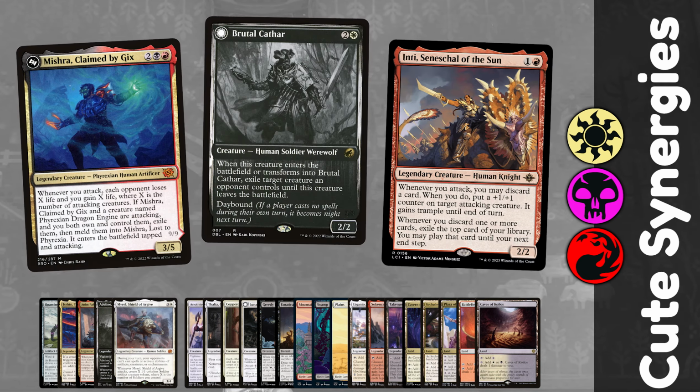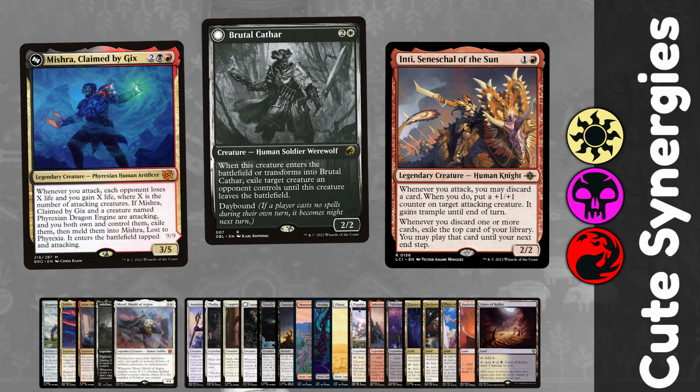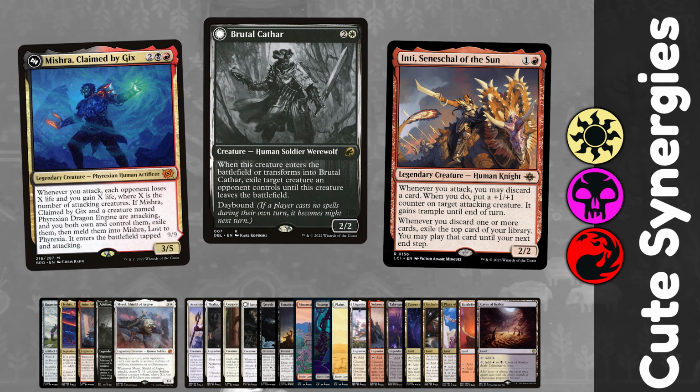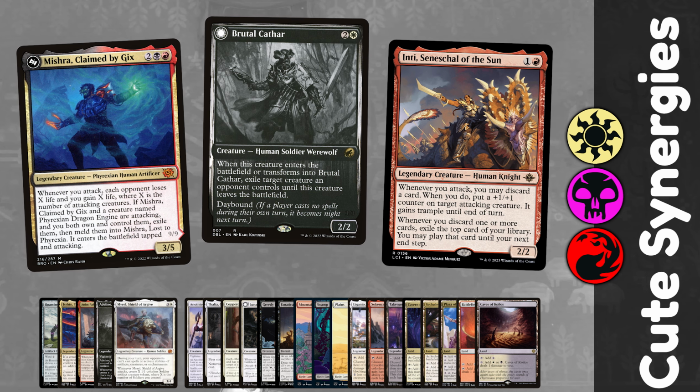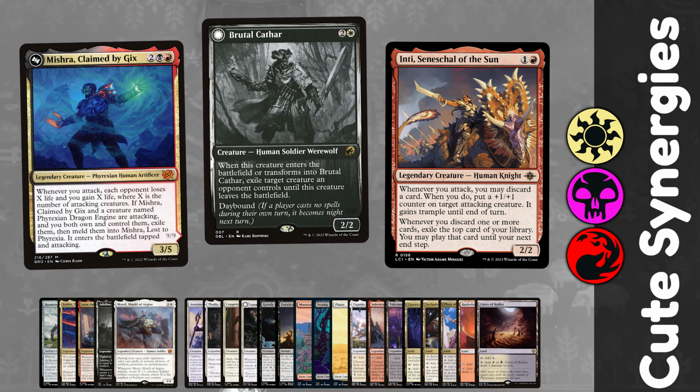Our other major win con in this deck is Mishra, Claimed by Gix. Whenever you attack, each opponent loses X life, where X is the number of attacking creatures, and Mishra can single-handedly win you the game, especially with Isshin or Roaming Throne on the battlefield,